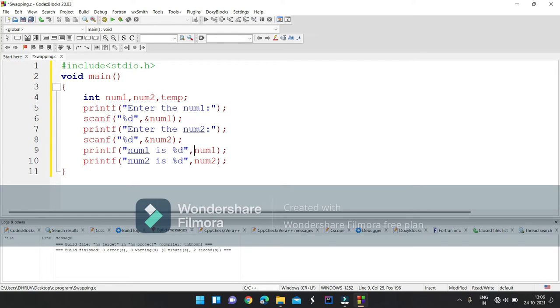We will use \n for new line here, and here also we will use \n for new line.